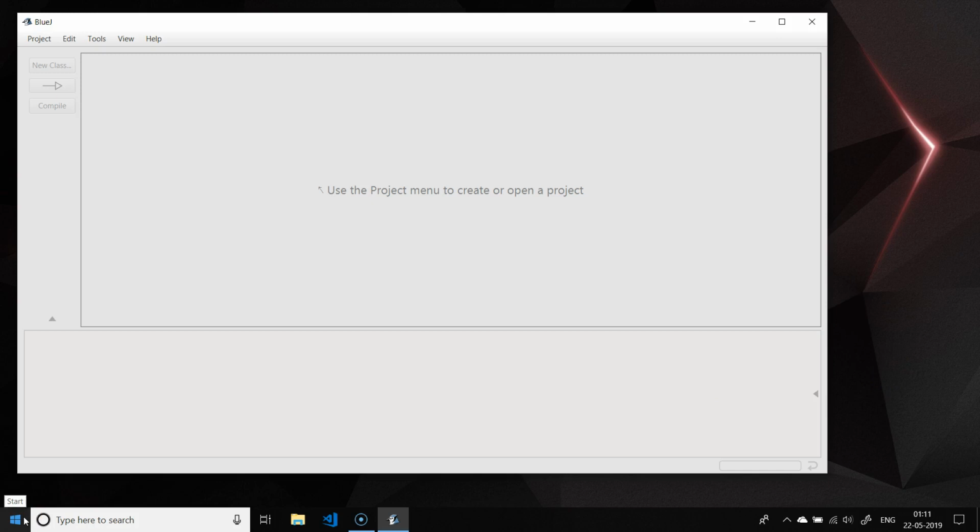You start by creating a new project in BlueJ. A project is a collection of Java classes that constitute your software application. So, if you are building a student's marks management application to record the marks of all the students in your class, that will be one project. While at the same time, if you are building a cool game using Java, then that will be a separate project. To create a project, you go to the project menu and select New Project like this.